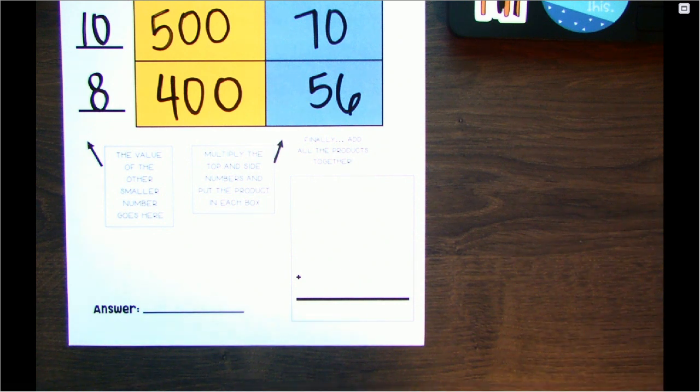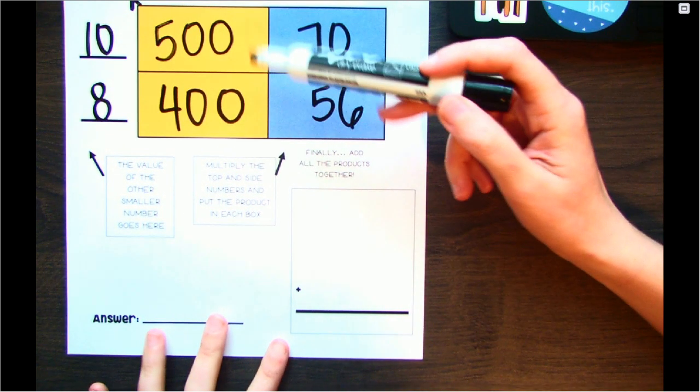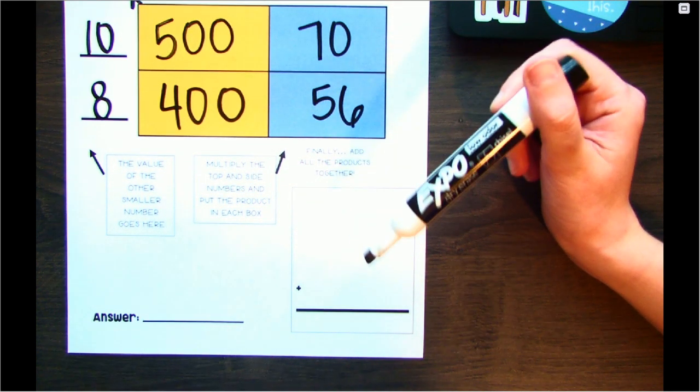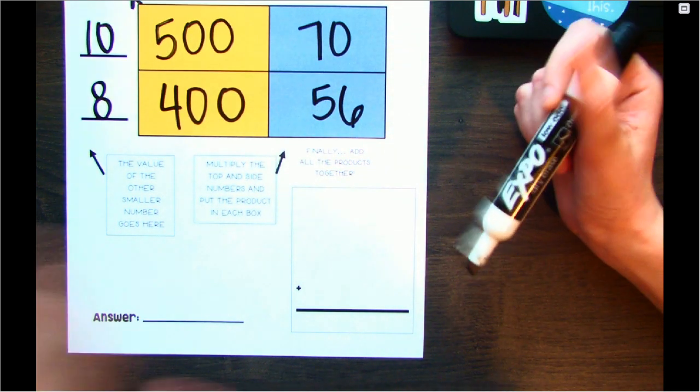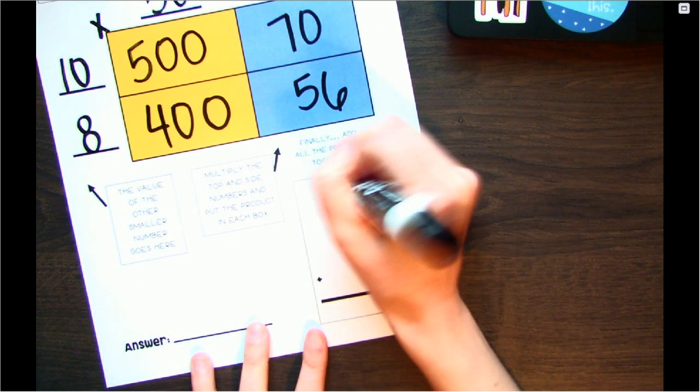The order that you add them up doesn't really matter, but in order to make it a little bit easier for myself, I like to start with the biggest number and kind of work my way backwards so that it's a little bit easier to add once I get it all written out. So I'm going to start with this 500